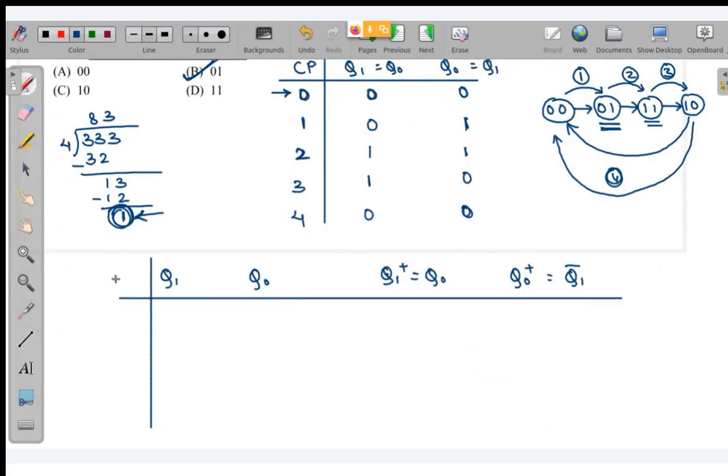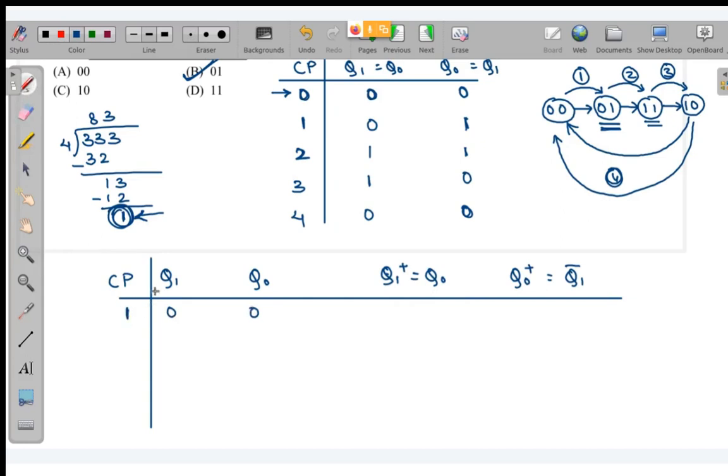So now you draw the clock pulse. So over here you write 0, 0. If you start from 0, 0, this is your clock pulse 0. By the end of clock pulse 0, or at the application of clock pulse 0, your state is 0, 0, or it's okay if you write it like this. At clock pulse 0, your state was 0, 0.